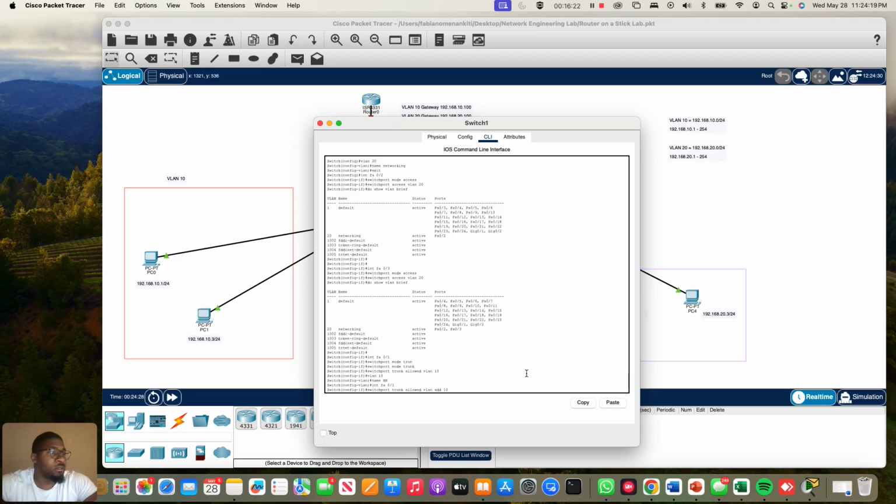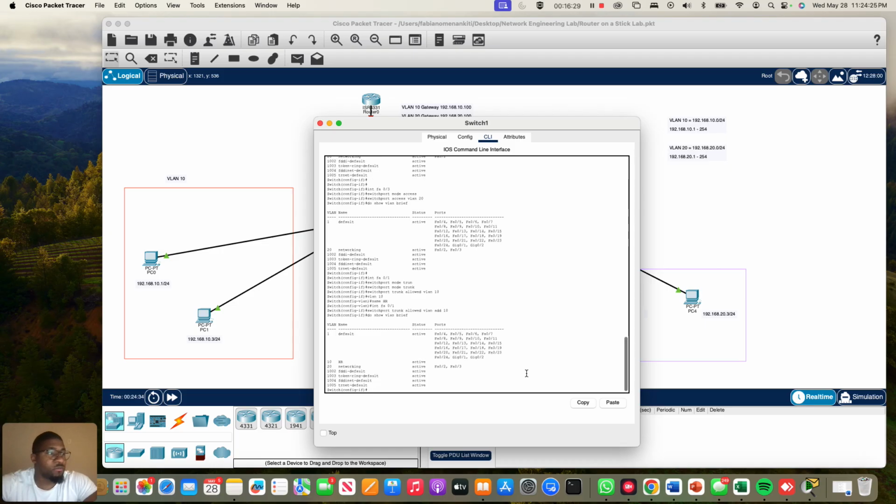Add, and let's see what we have configured this for. Okay, and I think we're good to go. And I want to be able to verify my trunk that we have. Let's do a show interface trunk,